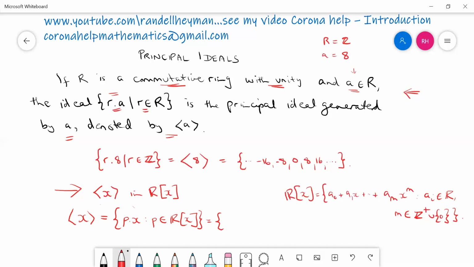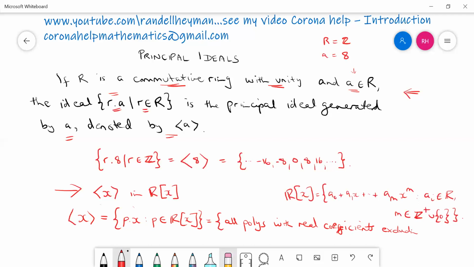If we multiply all these polynomials by x, we basically get all polynomials with real coefficients excluding,